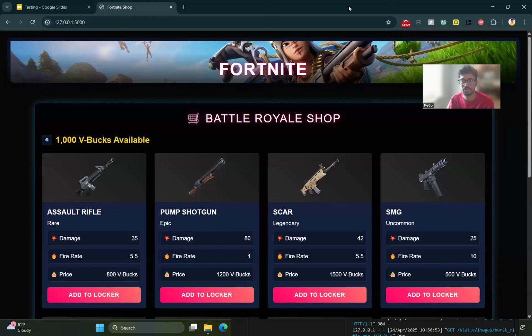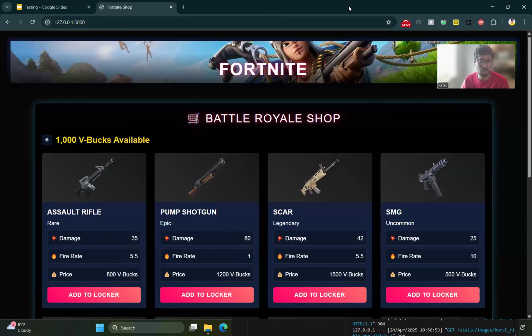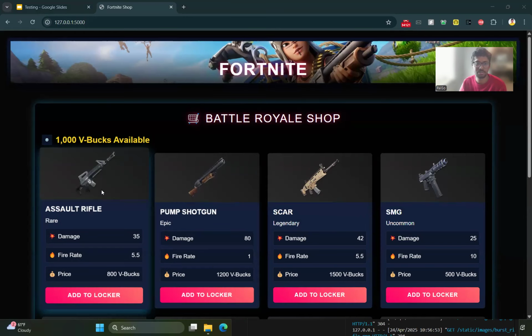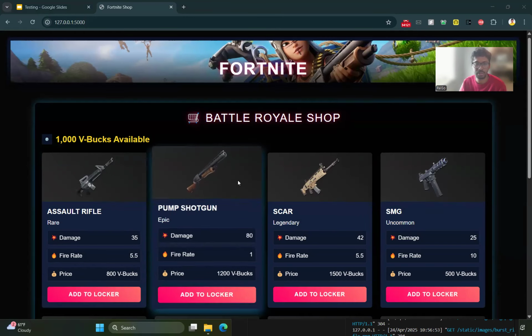This is basically a shop that gives you stats about the different weapons available in the Fortnite game,